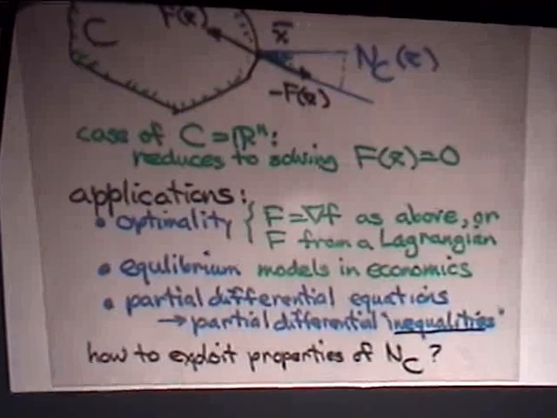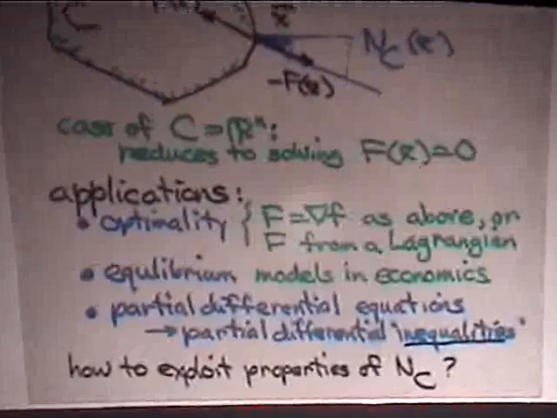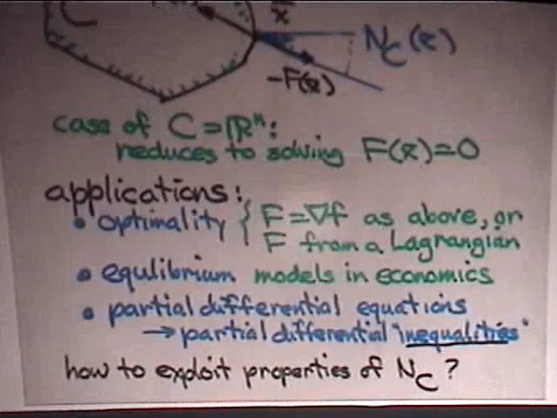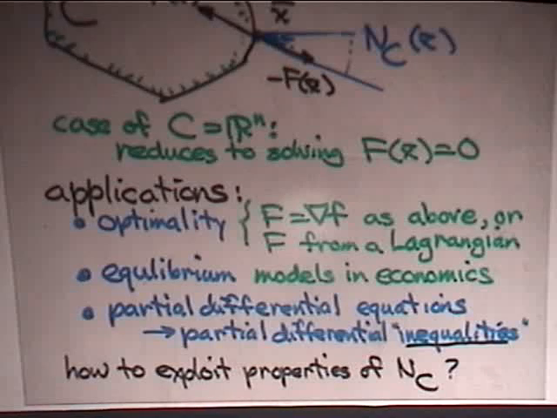And there are other applications in optimization, however, where this mapping comes out of a Lagrangian function for a problem with constraints. I won't explain the details of that. Other substantial applications of variational inequalities occur in economics, representations of equilibrium. Economic equilibrium can be represented as a solution to a variational inequality in a lot of cases. And then, as I say, there are the applications to PDE, which are, well, essentially partial differential inequalities.